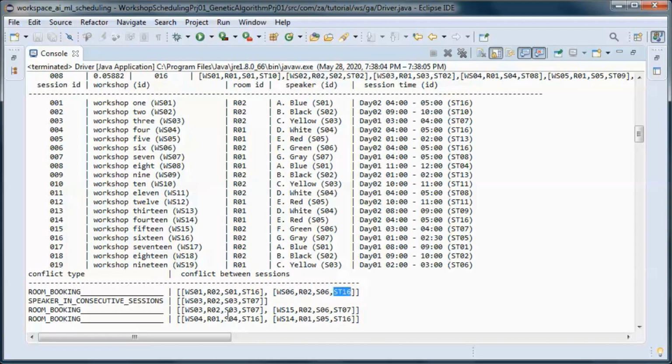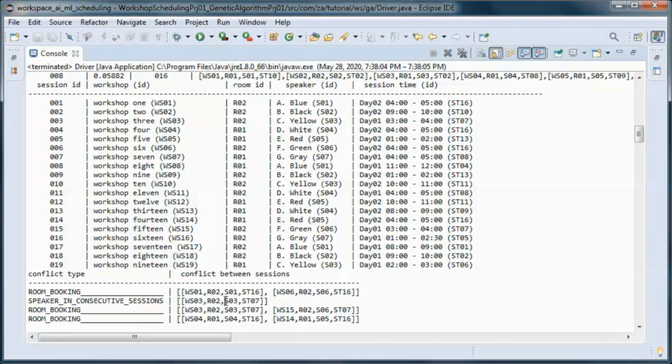And same for room 02 here has workshop 15 and 03 at session time 07. And room 01 has workshop 04 and 14 scheduled at the same time, session time 16.